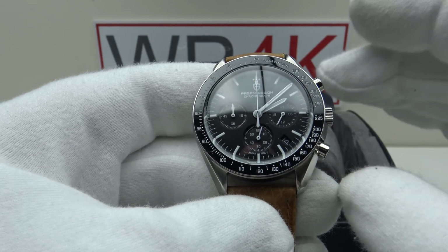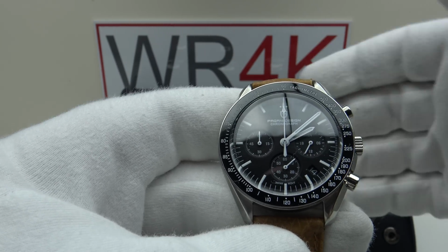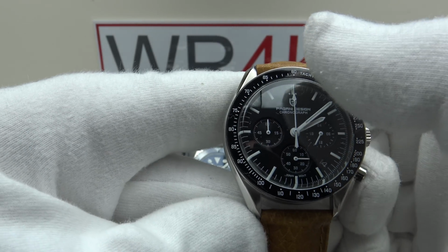I find that having 6 pieces is the ideal for me because it gives some variety, and one can also wear the watches frequently, and I like that, having that option. So lastly, we're going to look at my Pagani Design